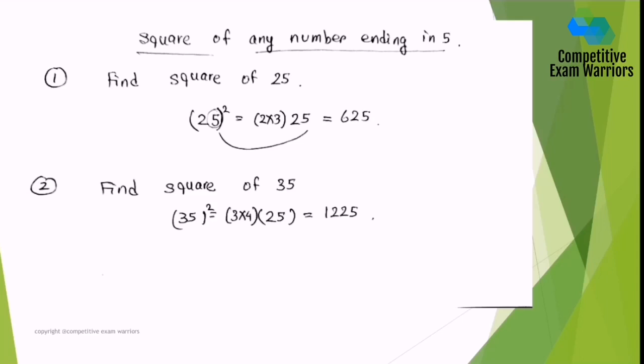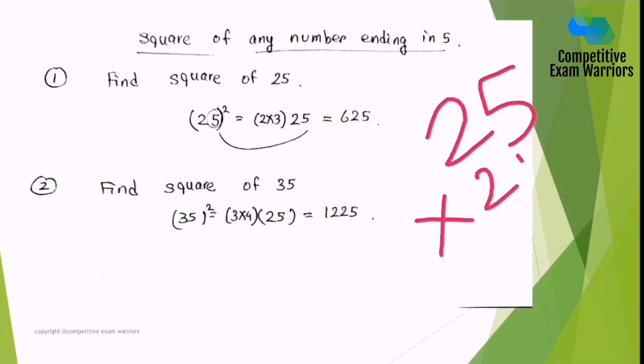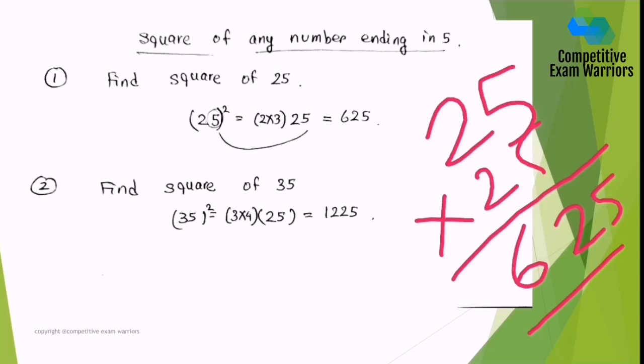For this you will take less than 1 second also. If you are asked to find the square of 25, what will you do, just see it over here. 25 into 25, simply you need to write 5 square, it is 25, and here you need to understand 2, the next one is 3, 2 multiplied by 3 is 6, so it will be 625. It's quite simple, just write 5 square 25, and since it is asked to find the square of 25, 2 multiplied by the next higher number of 2, that is 3, so 2 into 3 makes 625.